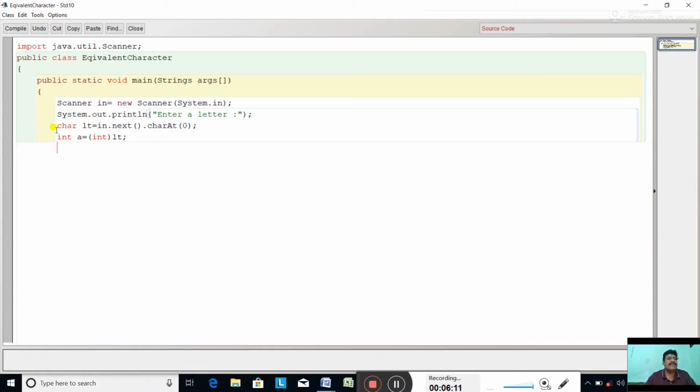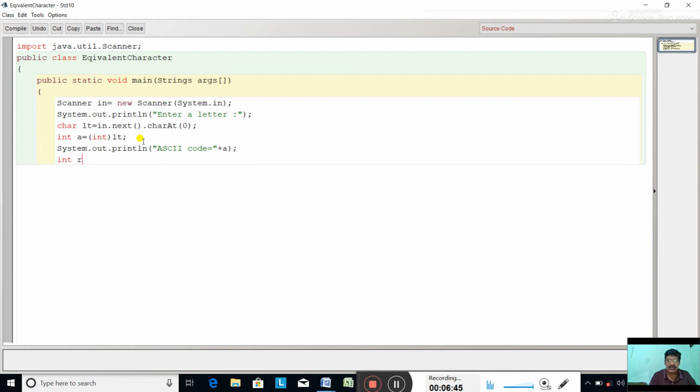For printing, System.out.println ASCII code equal to a. ASCII code is printed. Now reverse it.